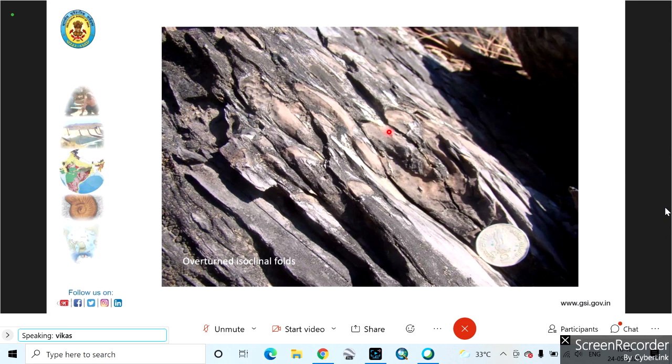These are some of the carbonate beds which are intercalated with the shale. These intercalated carbonate beds, the pinkish colored ones that you are seeing, are tight or isoclinal overturned beds. And these shales, or phyllites you can say, are showing the cleavage planes. However, we were not able to see these type of features everywhere because these intercalations were at some places only, not at all places.